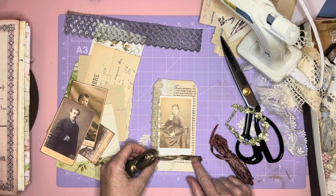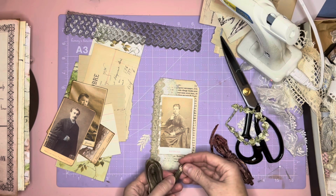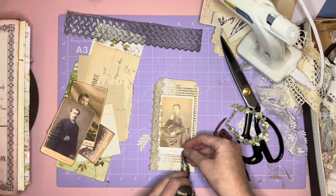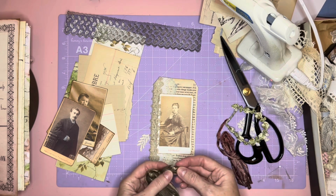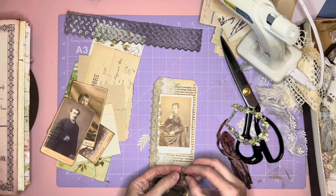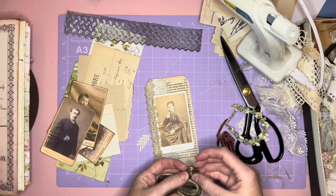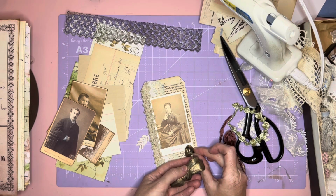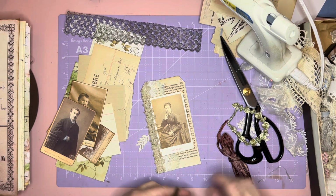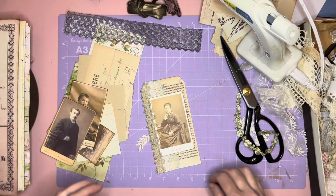I might put like a little loop there or something. Like make a little rose. I think that's what I'm gonna do actually, is make a little gold rosette to put there. Okay, I think that's what I'm gonna do. I'm not sure. I might put that. But while I'm thinking,